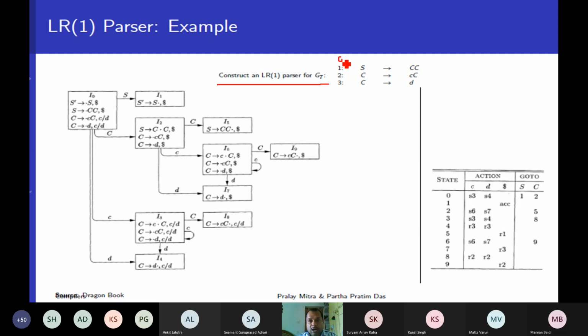I will add one more. That is my 0th production rule: S prime derives S, and I will assume that dollar will be at the end of this. I will assume that one explicitly; you need not write it. Now my 0th state will be S prime derives dot S and look ahead is dollar.